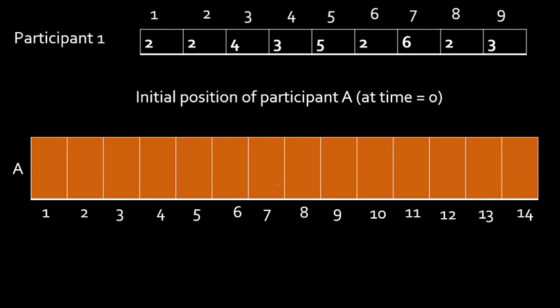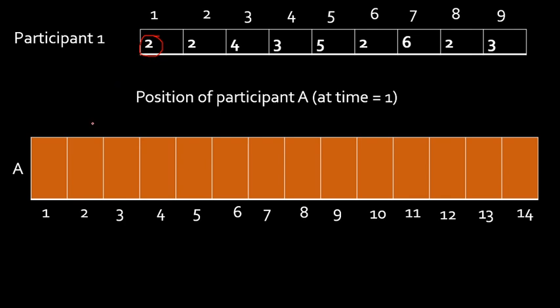Now what happens at time 1? At time 1, A is moving by how many steps? 2 steps. Listen carefully. When I say 2 steps, don't directly place it at 2. In one step, it will cover 3 meters. Right? That is what we understood. So, in 2 steps, it will cover 6 meters. Okay? So, from the 0th position, A will move to 6th position. Can you all understand why? Yes. In one step, 3 meters means in 2 steps, it will cover 6 meters. This is the number of meters. So it has covered 6 meters.